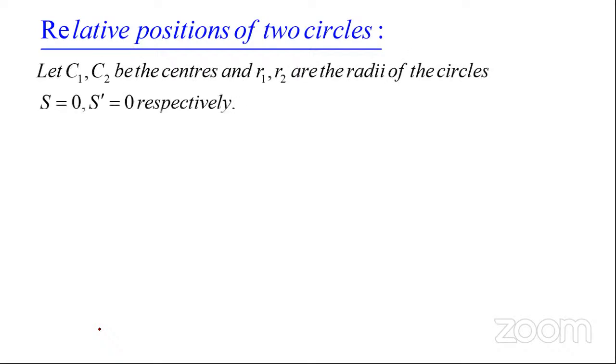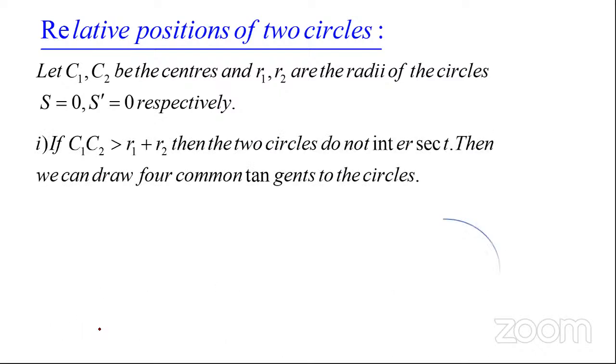Let C1 and C2 be the centers and R1 and R2 be the radii of the circles S equals 0 and S dash equals 0 respectively. So we are taking C1, C2 and R1, R2 as the centers and radii of the respective circles S equals 0 and S dash equals 0. Then, first,